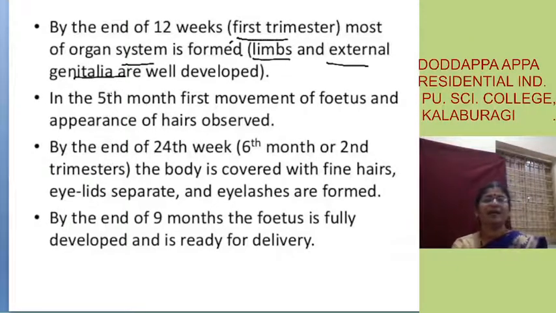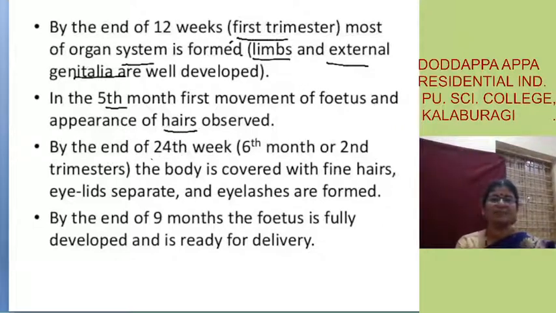Fine. And that is why, although nowadays sex determination has been banned, the sex of the child gets decided at the time of fertilization itself, but the sex of the baby can be known through scanning by the 3rd month. Fine. By the 5th month, the fetus movement for the first time can be felt by the mother, and can even be observed from the abdomen. In the scanning we can see, and the hairs will appear on the baby's body.